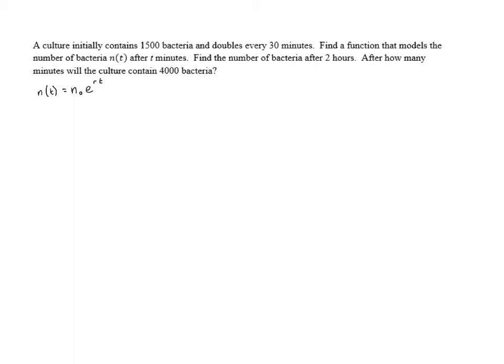So after 30 minutes, we're going to have 3,000 bacteria. So 3,000 equals 1,500 times e to the r times 30, because we know it doubles after 30 minutes. If we divide both sides by 1,500, we get 2 equals e to the 30r power, and then we can rewrite this in logarithmic form. This gives us ln of 2 equals 30r,